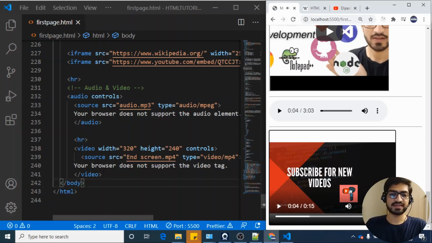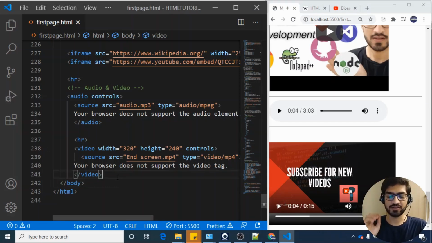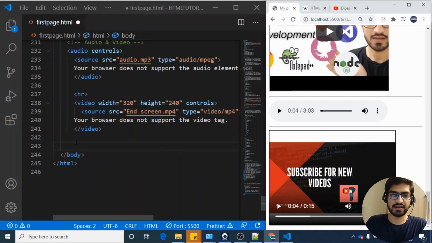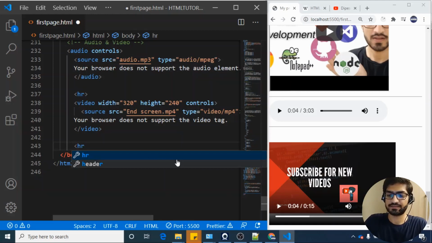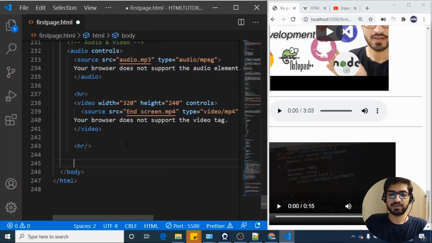So this was the audio and video tag. You can use audio and video in your HTML pages to make them look nicer. And let's have an HR tag here. Next, let me show you the HTML